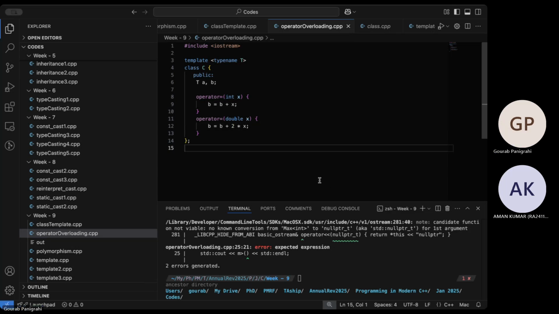Now this class C, or you can call it whatever, has to remember variables a and b. It has the default constructor, destructor, everything's fine.